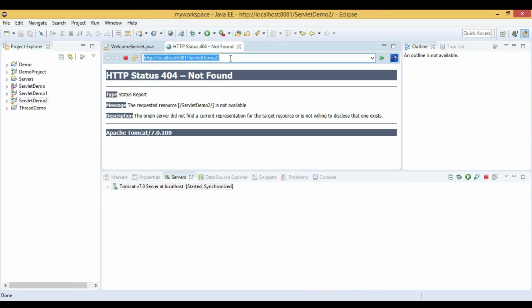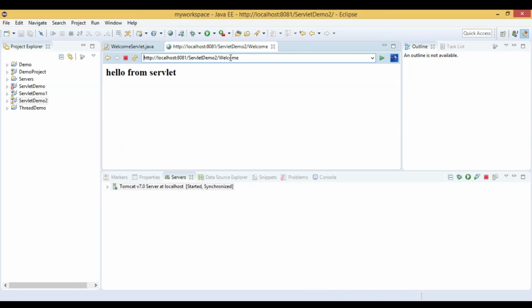So let us now use this one and see. You can find Hello from Servlet. You can see a page here, right? This is because that is dynamically generated in the doGet method. So here is the example of writing a Servlet program which dynamically generates the